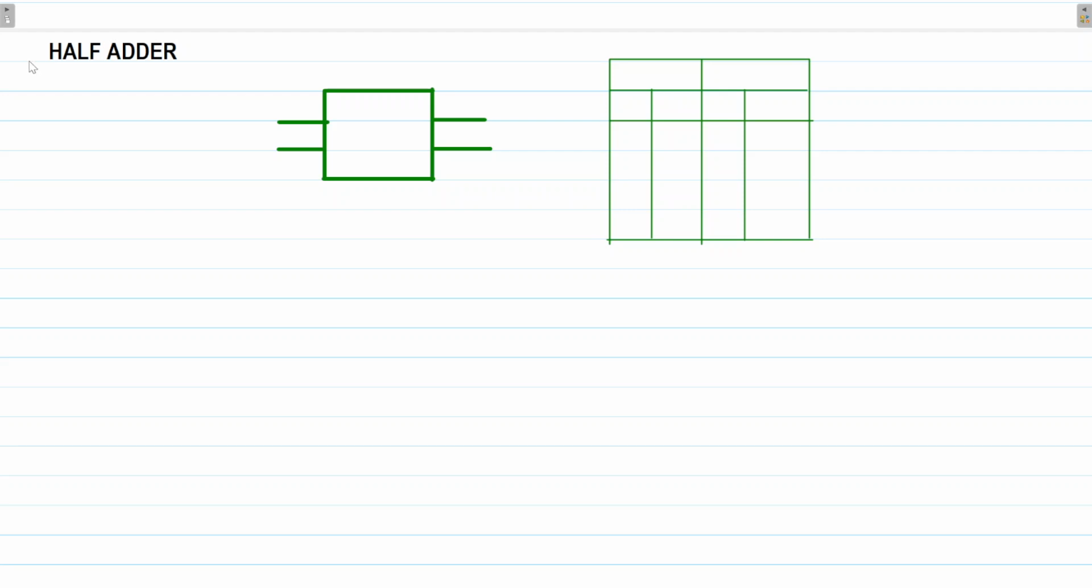Hi everyone, we are going to discuss about half adder. So what do you mean by half adder? The half adder is a combinational circuit. So this is a combinational circuit